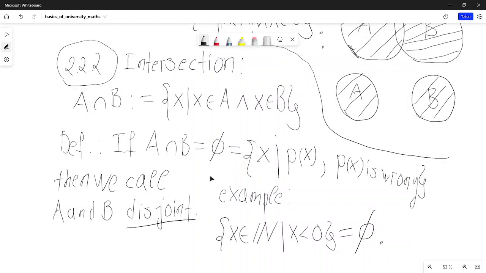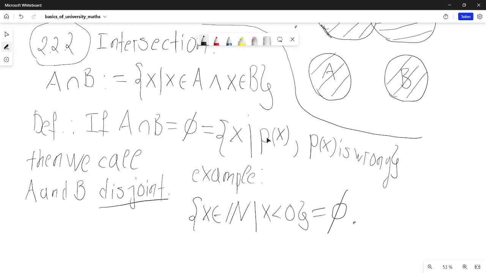For especially attentive listeners, I should also mention, yes, this is a quite special way to define the empty set, which is not quite the same as here, because here I'm defining my set as X for which a statement P of X exists. That is, a statement P exists such that P of X is true. That is, a statement exists which is satisfied by X, and for which simultaneously P of X is wrong. Clearly, no mathematical object can satisfy this, that a statement exists that is satisfied by it and simultaneously is not satisfied by it. I could also say false, wrong or false. I use that interchangeably sometimes,